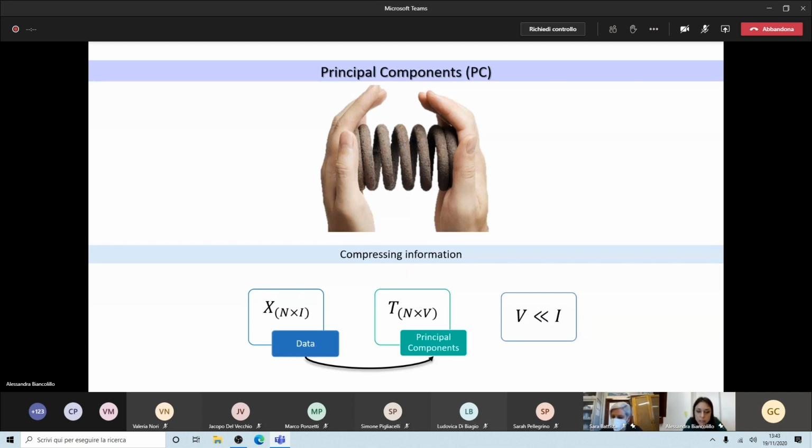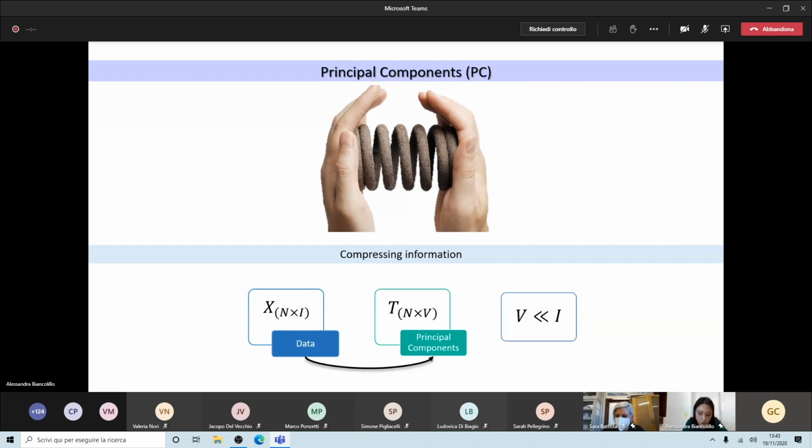So if we come back to the example of the spectral data, for instance, collecting near-infrared spectra, we collect approximately 3,000 original variables. Then, if we apply principal component analysis on this data matrix, we will extract a smaller number of principal components. There are some methods to optimize the number of principal components that have to be extracted.